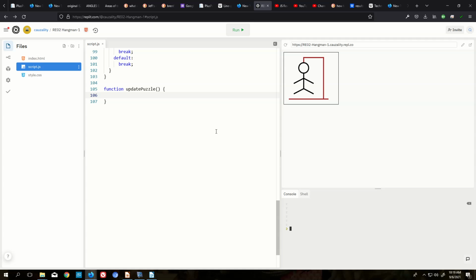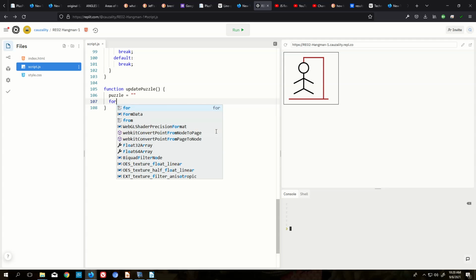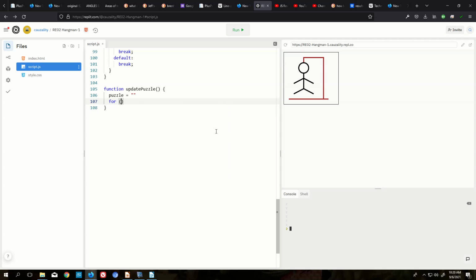So we will say puzzle equals nothing. So we'll clear the puzzle, and then we'll say for let letter of word. So for every letter in the word,